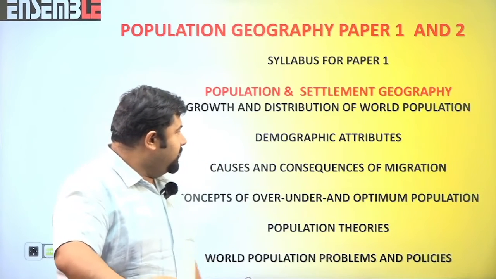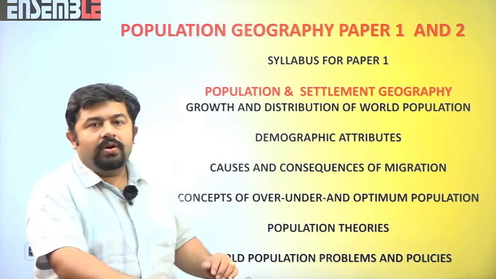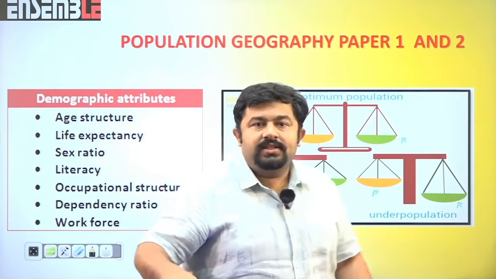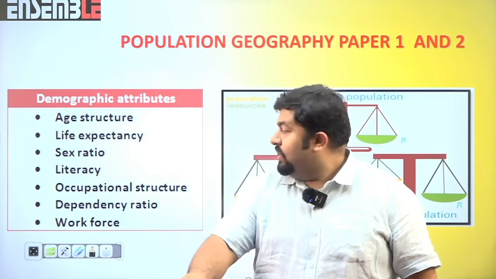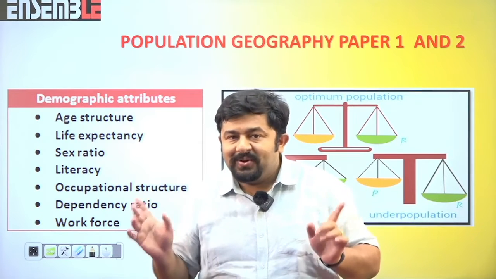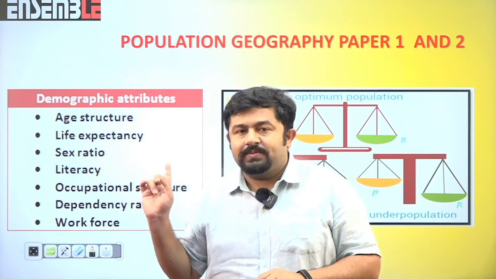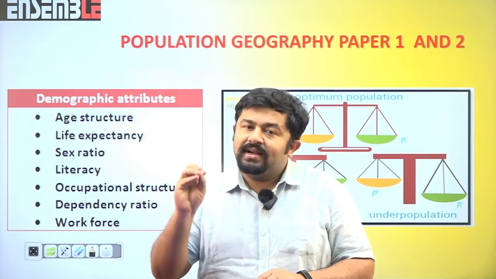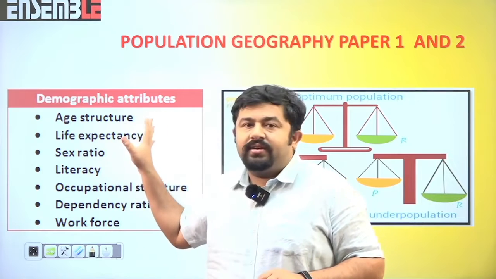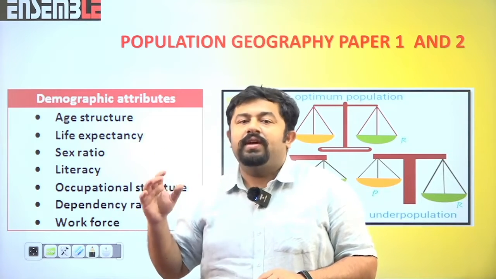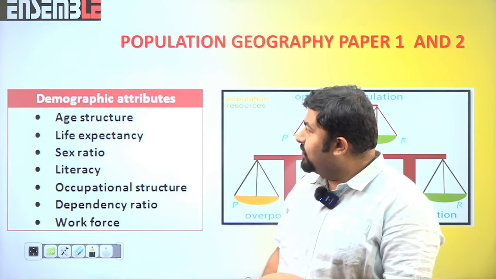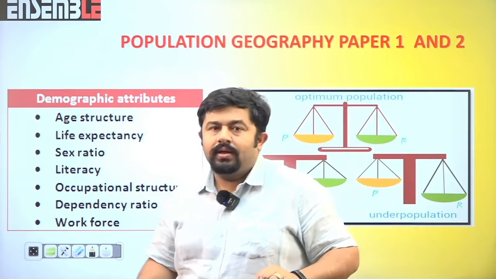Next part is demographic attributes. Demographic attributes has many dimensions. I'll give an example: age structure, life expectancy, sex ratio, literacy, occupational structure, dependency ratio, and workforce. In paper 2, this topic is there with respect to India, and UPSC has mentioned certain dimensions. But in paper 1, UPSC has just written demographic attributes without highlighting the different dimensions. For our better understanding, I have noted down some dimensions of demographic attributes. Let's see the next